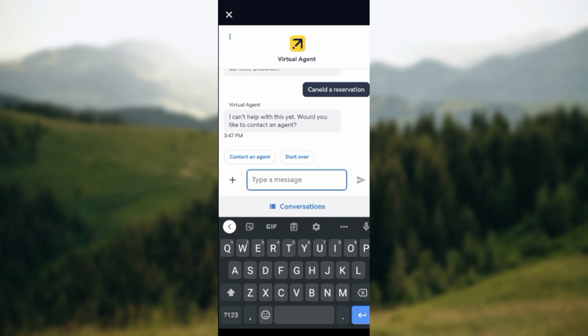Remember, open your app, you click on the chat box that is at the lower part of the screen. Then you click on the chat box, you communicate with the virtual assistant about how you can cancel your